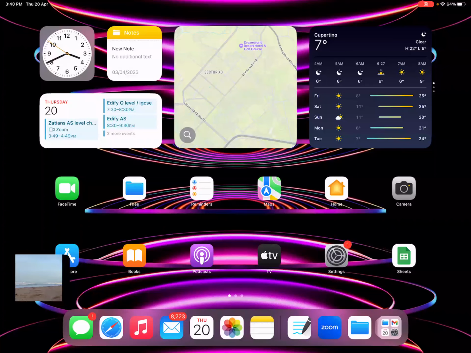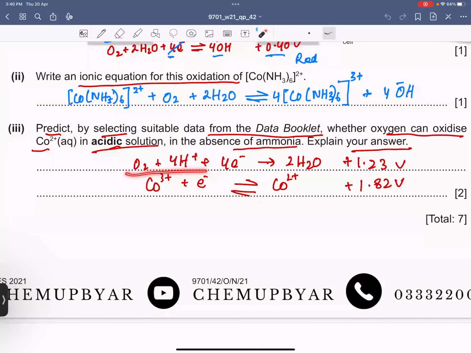So the oxygen and hydrogen, this is positive 1.23 and this is positive 1.82. And whether the oxygen can oxidize cobalt 2 positive in acidic solution. So see, if it has to go backward, then this value must be higher than this one, right? If this value is higher, then this would go in the forward direction and this would go in the backward direction, right? But this value is greater, so I can write over here,